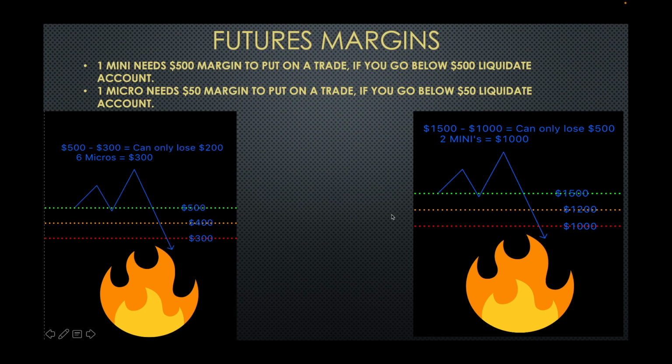And different brokers have higher margin. Like Toss, instead of having like $500 for a mini, it's in the thousands. I'm not sure if it's like $1,500, $2,000. Honestly, I do not know. Didn't even look into it because I just stay away from Toss. Tradovate, AMP, Iron Beam, there might be a couple other ones. They're roughly this $500, $50 deal for futures.